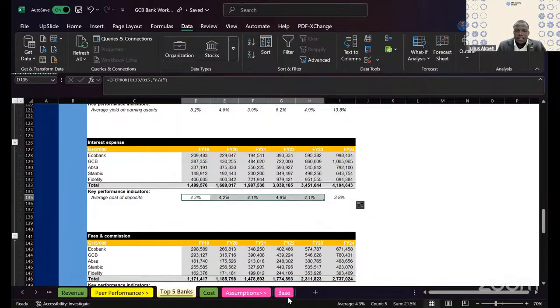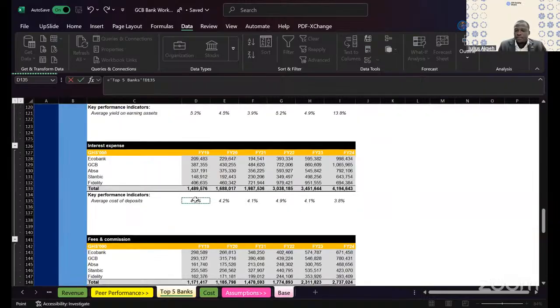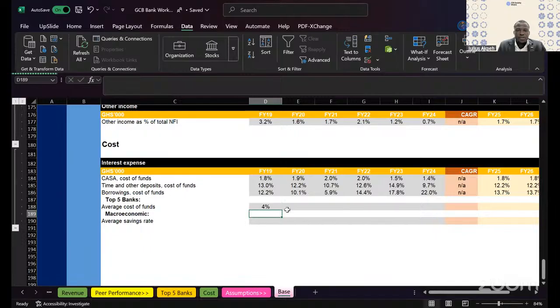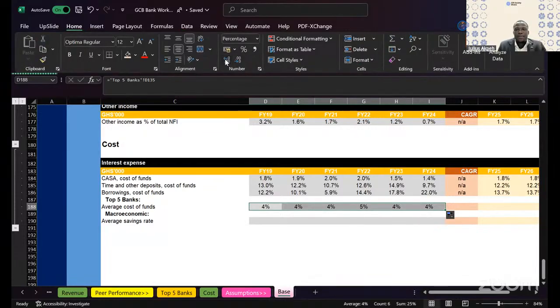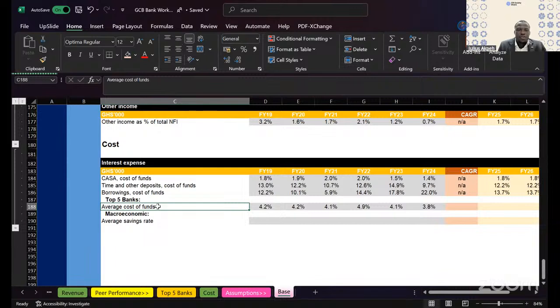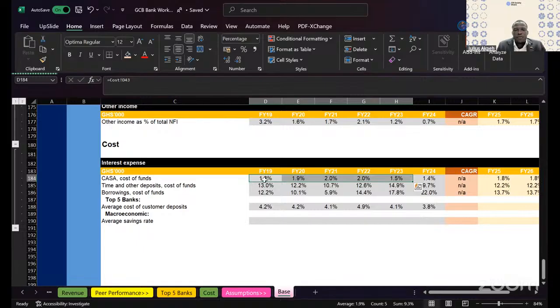Look at the deposit rate. Now let's come to this place and bring those deposit rates there. So this is average deposit rate. I'm going to edit that so I don't make any mistake, so I don't communicate something wrongly, something to mean something else. Average cost of customer deposit. Now, in this case, if I take this 4.2, well, overall, if we calculate overall average cost of deposit for this bank,